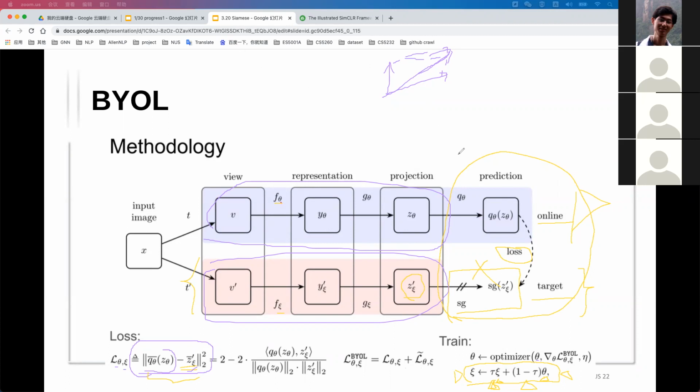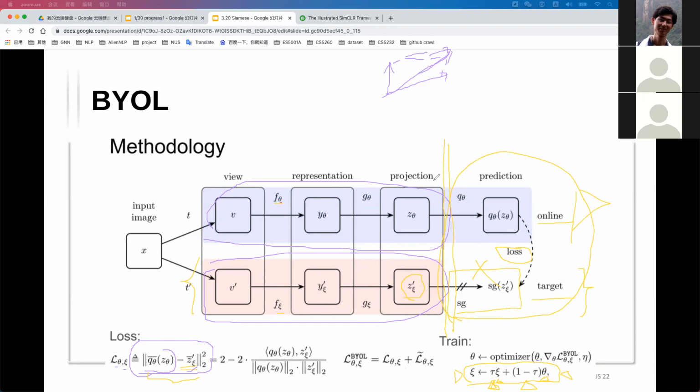Yeah. Why, given the original projection layer, why would they be in different spaces? They're supposed to be in the same space, right? No, they will be in different spaces because the parameters are different. The parameters are different because now they don't share the same. But the parameters are always different. Even if you're using momentum, the parameters are still different. Right. Yeah. Now the parameters are different.